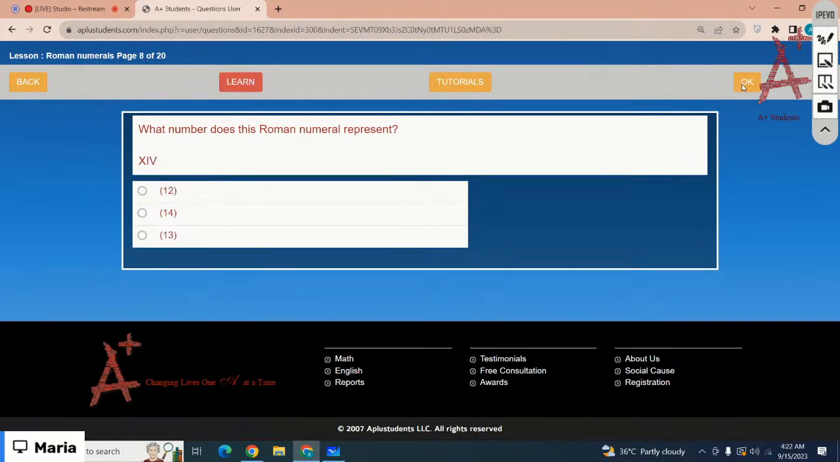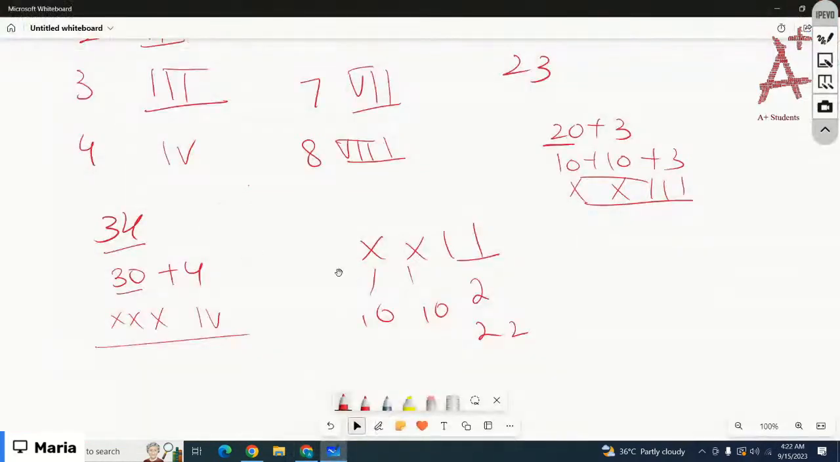What number does the Roman numeral represent? Which is the correct option? That would be 14, right? Okay, you can complete the lesson by yourself later today. Let me just move on to the next lesson. The next lesson is